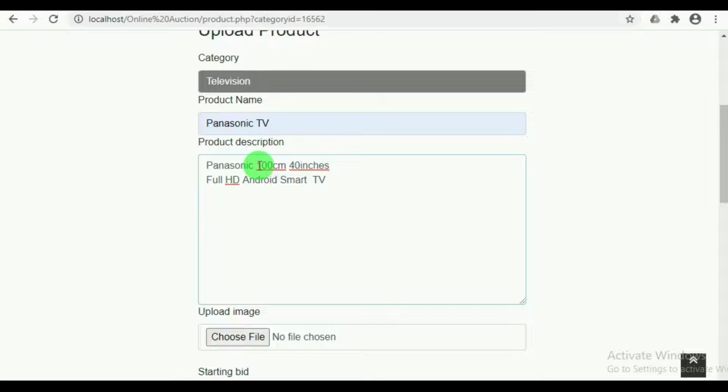After the product description, the product image must be uploaded. In product description, the characteristics and the features of the product must be added.